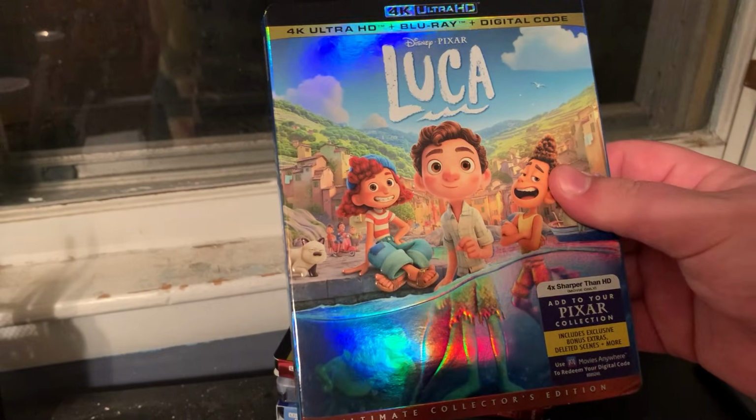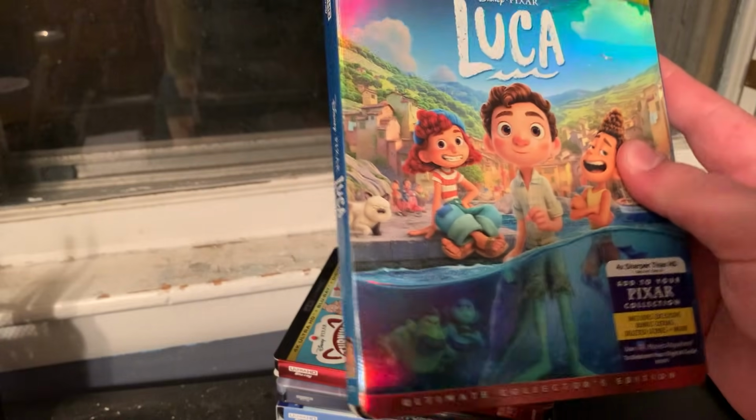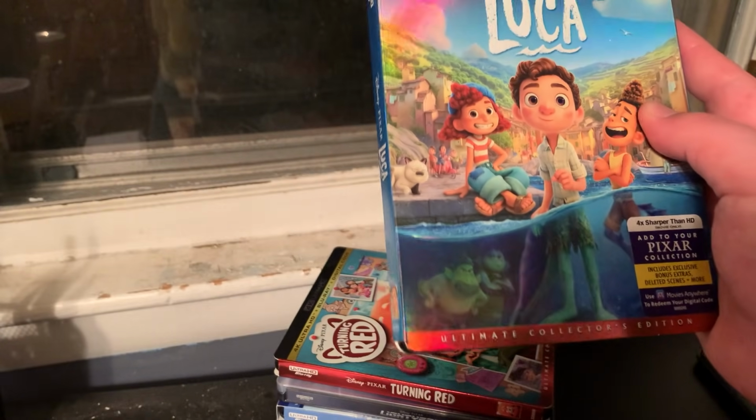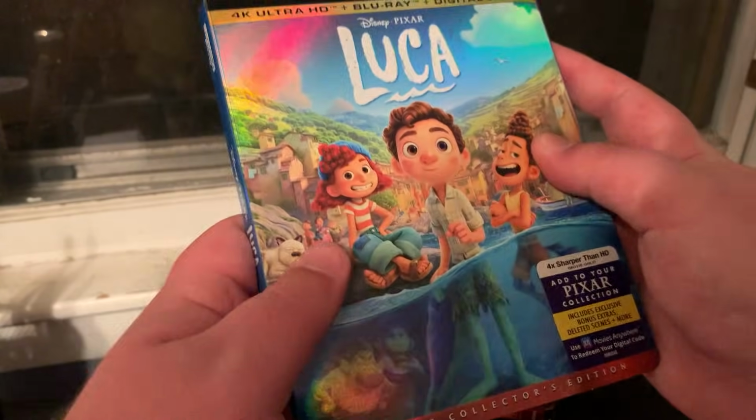This was released in June of 2021. This was also released exclusively to Disney Plus. It was supposed to have a theatrical release, but then they decided to release it to Disney Plus for free. And this raised a lot of eyebrows because at that time movie theaters were slowly starting to reopen, but even